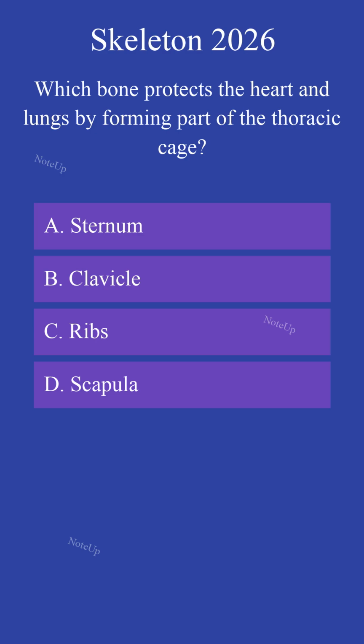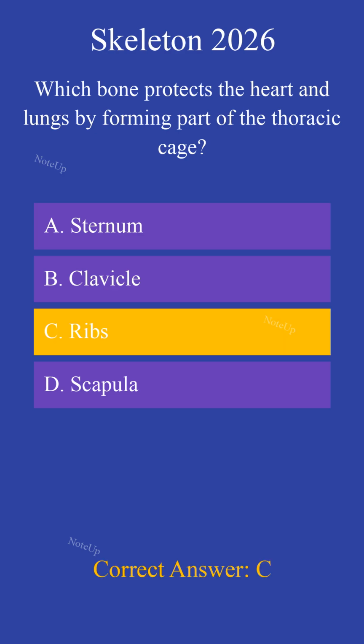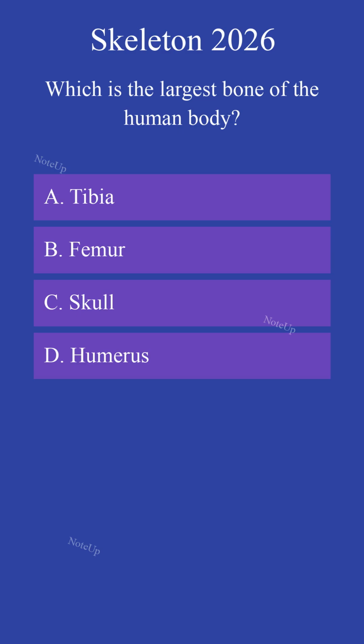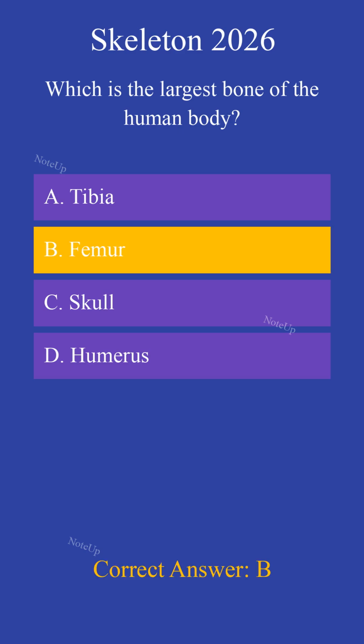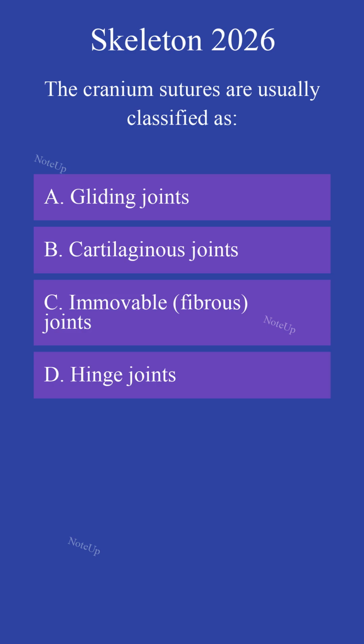Which bone protects the heart and lungs by forming part of the thoracic cage? The correct answer is C, ribs. Which is the largest bone of the human body? The correct answer is B. Femur. The cranium sutures are usually classified as...